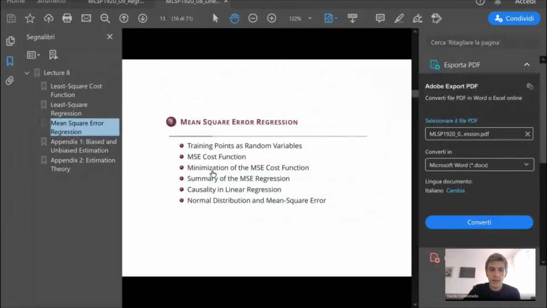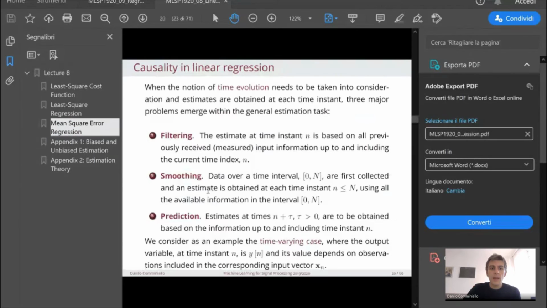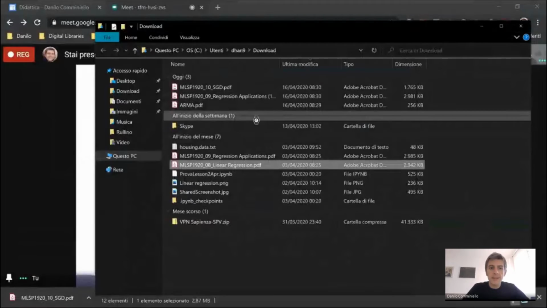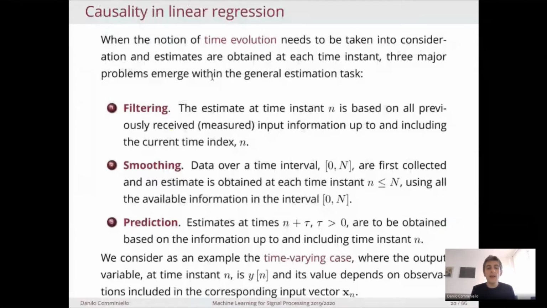So at the end of the lesson, we saw some kind of tasks related to linear regression. One of these tasks is filtering. So you have a dependence on the time instant, which is very important to understand this concept, because when you